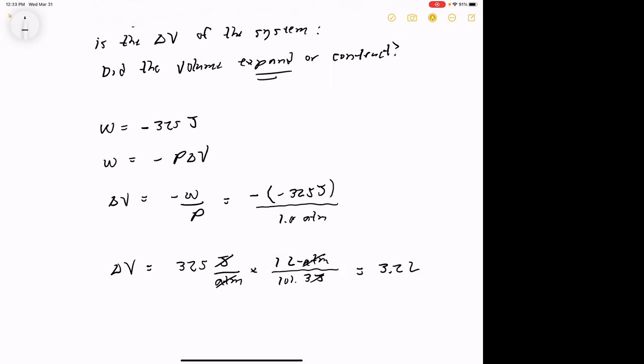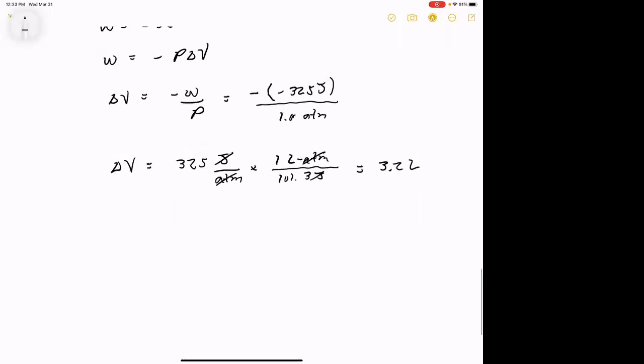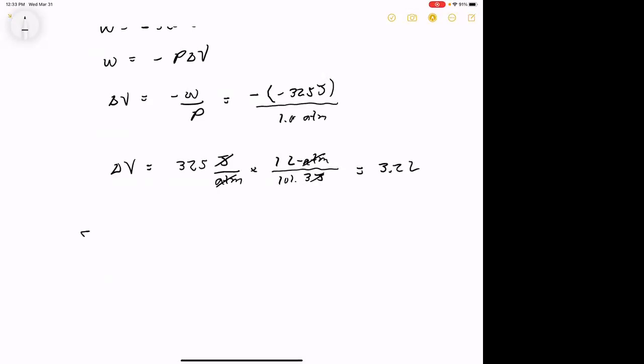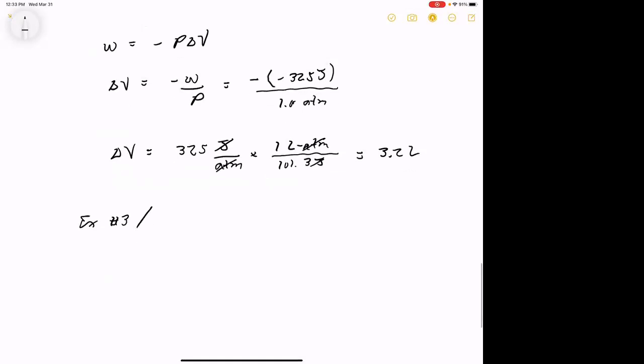So again, we're basically just trying to get comfortable with these sign conventions more than anything else, as well as definitions. Let's do one more. All right, so let's do this. What is the change in internal energy, so we'll just say ΔU, of a system, if the system, so we'll bring heat back into this,